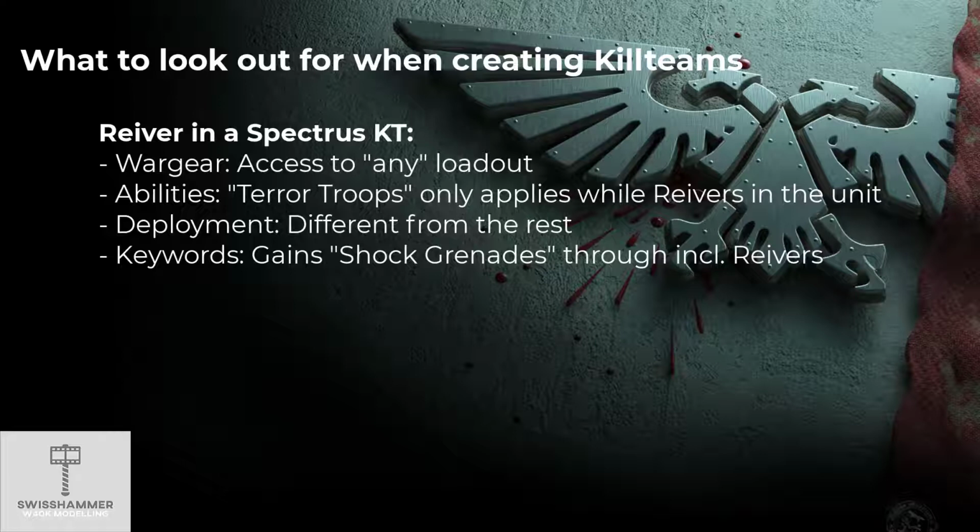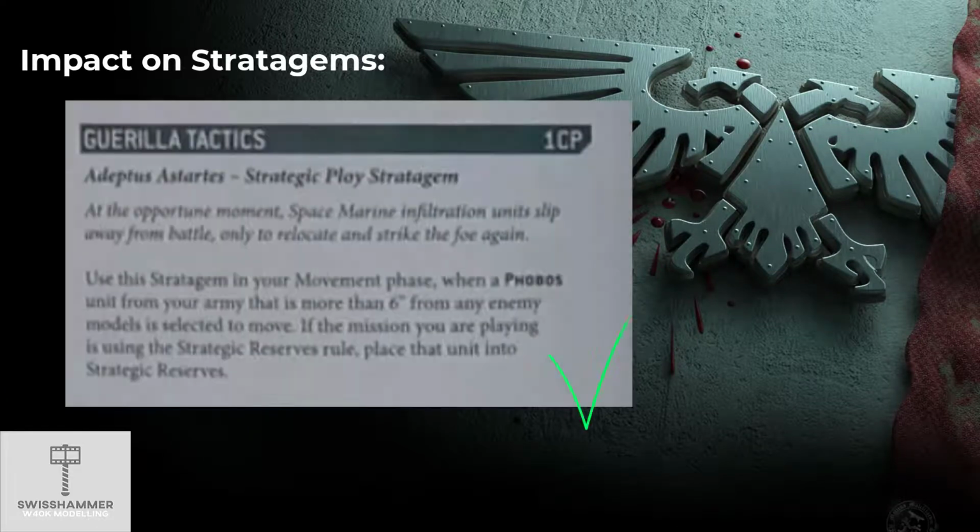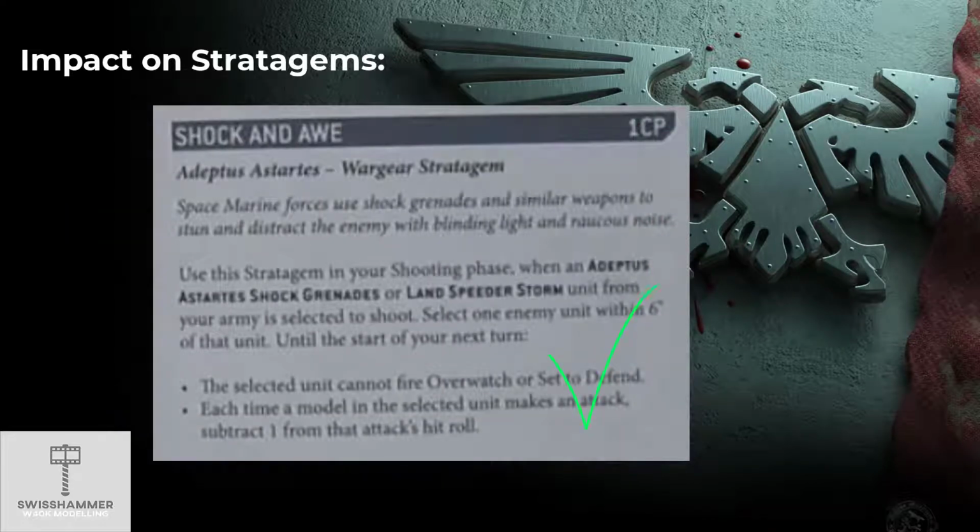The Spectrus Kill Team also gains the shock grenade keyword for as long as there is a Reiver present. Potential deployment issues aside, so far so good. But what does it mean for stratagems? Because the Spectrus Kill Team gains the Phobos keyword, Guerilla Tactics remains available. Because the Spectrus Kill Team can also gain the shock grenade keyword by including a Reiver, the Shock and Awe stratagem